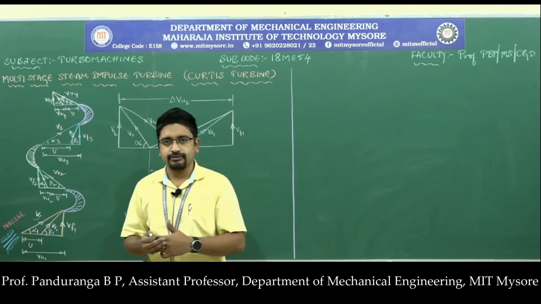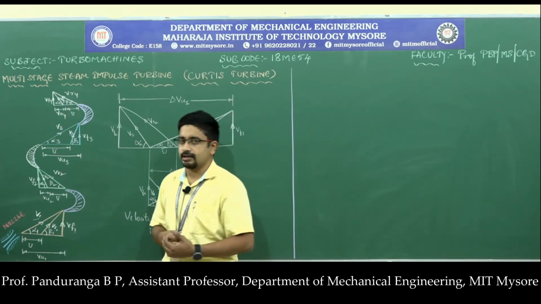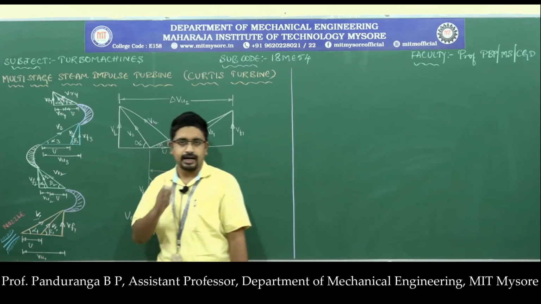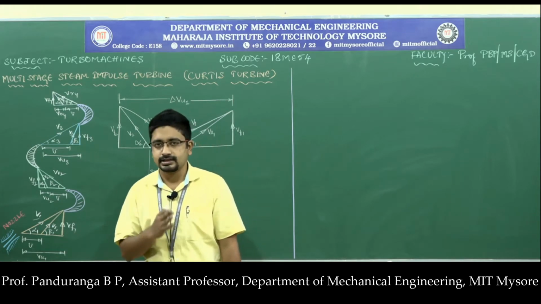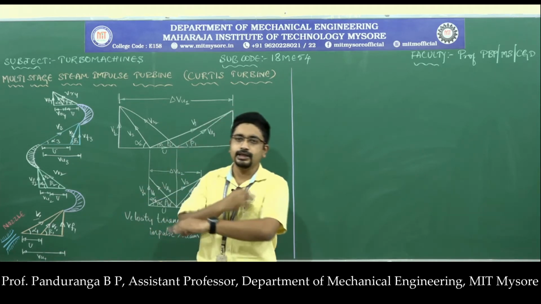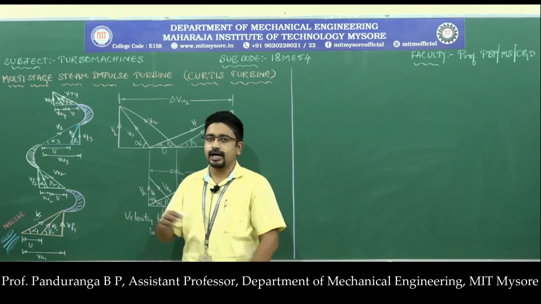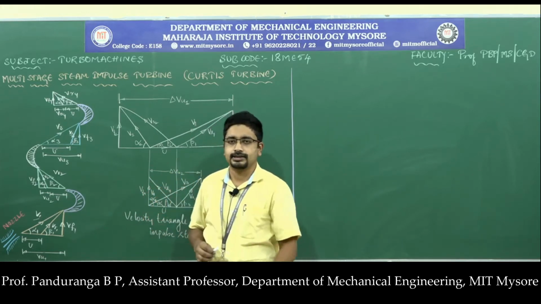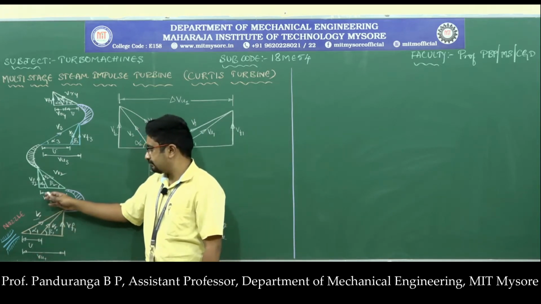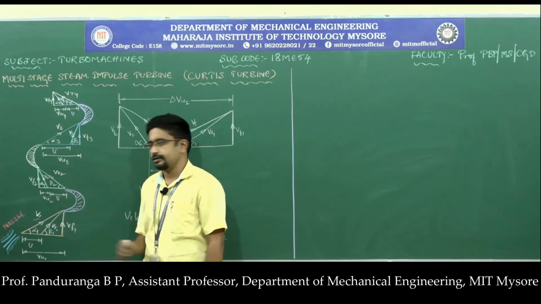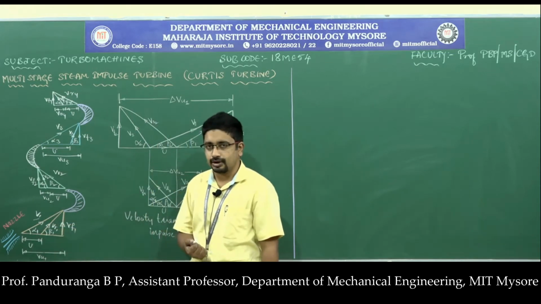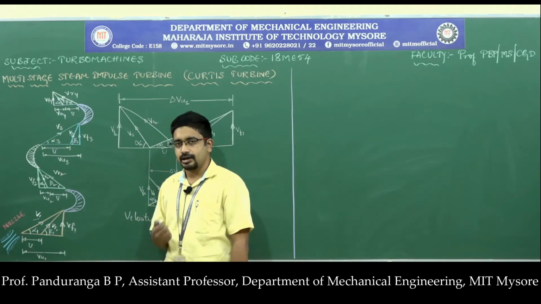Since we have the same shaft, the rotational speed of the blades will be the same, so the tangential speed of the blade will also remain the same, u remains same, and we are dealing with an impulse turbine. All steam turbines are axial flow turbines. So if this is the axis, the bulk of the steam flows parallel to the axis of the turbine. Because of that, the steam enters and leaves the turbine stages at the same radius. For that reason, u remains the same in all cases. Okay, then there is the velocity at the inlet V1, and alpha 1 is the angle of the nozzle or the angle of the steam.